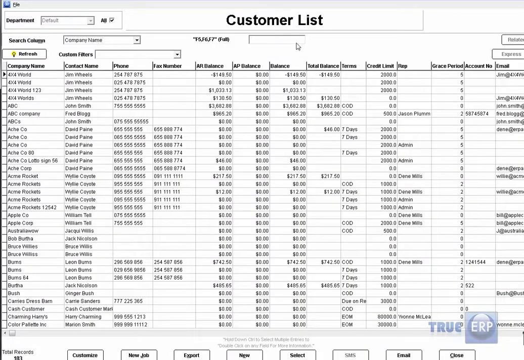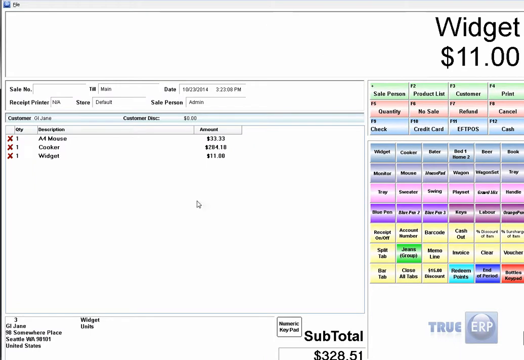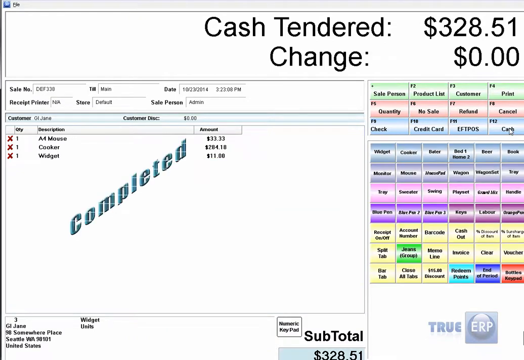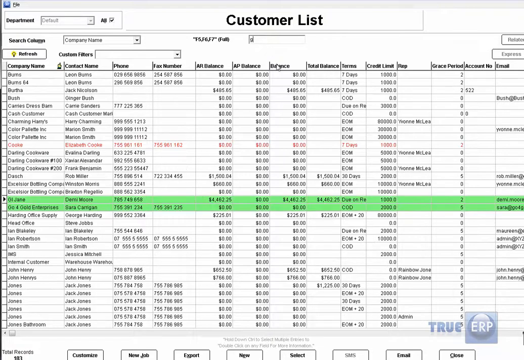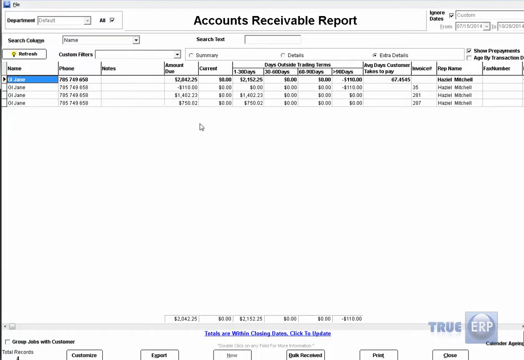So we choose customer. Once again, look for our customer. Double click there. And again, it goes ahead and updates their information here in the bottom, the specific subtotal. And we can just go ahead and click cash, just like that. And now it's once again updating her points. So if we were to choose another customer, or not another customer, we'll choose the same customer, and this customer now